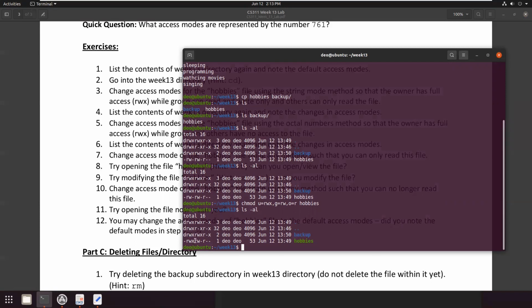Then we have read and write for the group, and for the others we have read but no write and execute. So for the others and the group, the permission has remained the same, but for the owner, the permission has changed from RW to RWX.